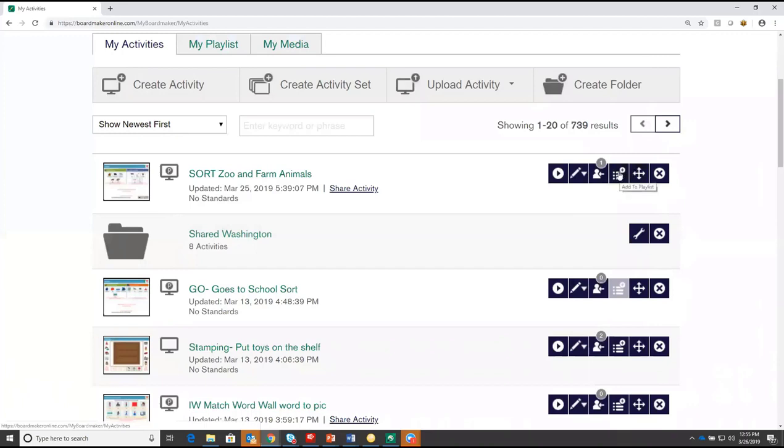The next tool we see is Add to a Playlist. I might add to a playlist for two reasons. One is, over time, you may have hundreds of activities. If I add it to a playlist, I can access a smaller group of activities using my playlist tab. But more importantly, if I add it to a playlist, I can play it on my Boardmaker Student Center iPad app. That iPad app, which you can download for free and associate with your Boardmaker Online account,